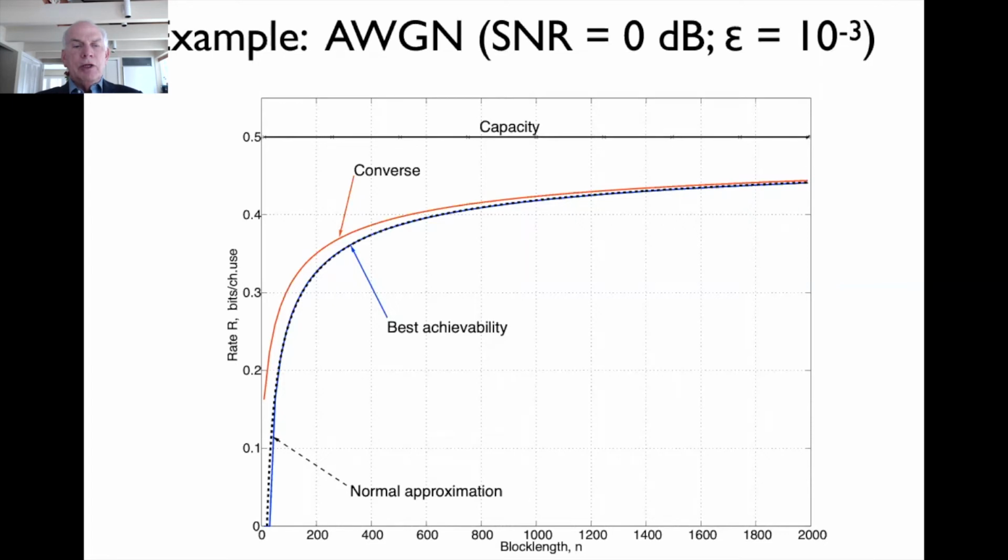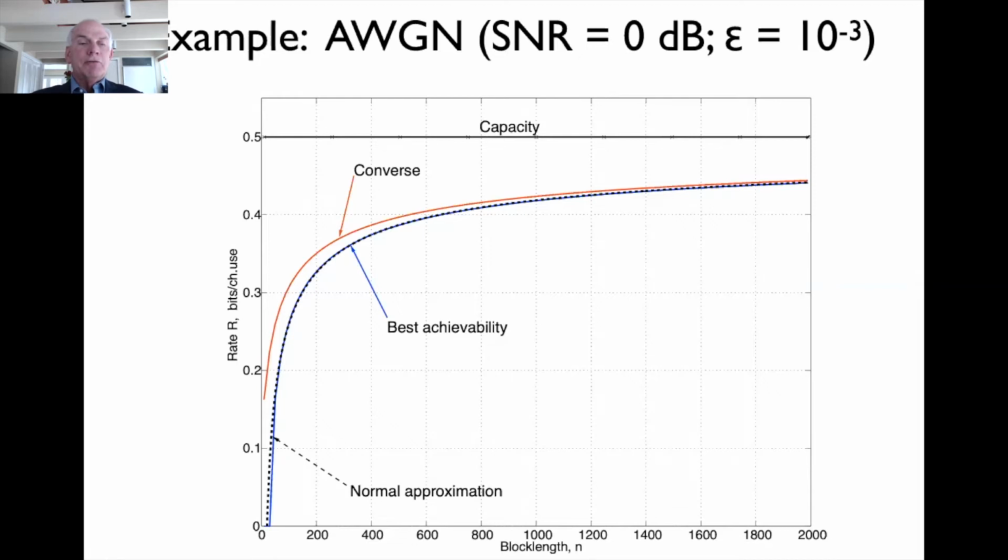And what we've shown here is a plot versus block length of the log of the actual M star divided by N, as a function of N, the block length, for that particular epsilon. The red line is a converse bound, the upper bound, and the blue line is the so-called achievability bound. It's a lower bound on that finite block length capacity. And you can see that there's not much room between the upper and lower bounds. So we know that between those two bounds is the actual capacity.